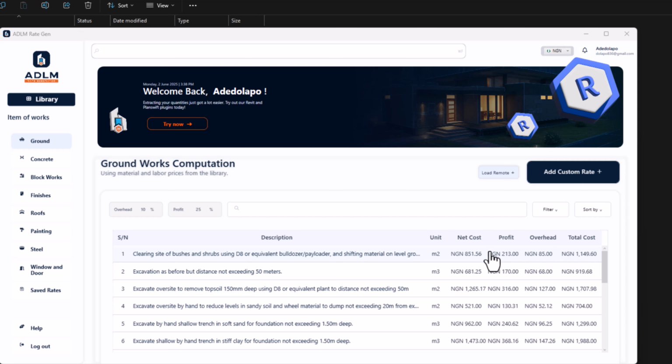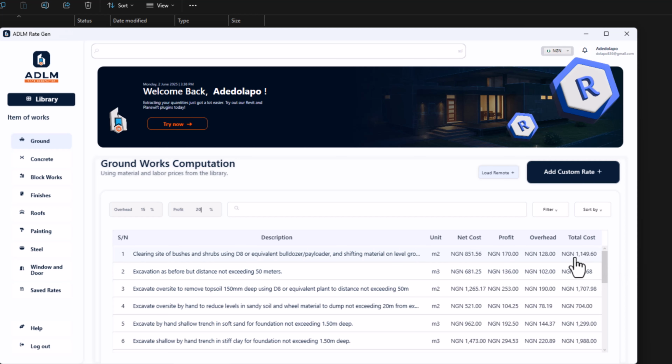Okay. Now the beauty of this is you can easily change your overhead and profit. So what I want to check while your probably contractor priced, I want to check his profit margin. So you can just click on this here. I think I'll change my overhead to probably 15% and I change my profit to probably 20%. See that, it updates immediately. So it updates your calculation. So the net cost remains as it is, then the overhead and profit changes to give you your total cost of project. So you can just use this direct value into your bills of quantity